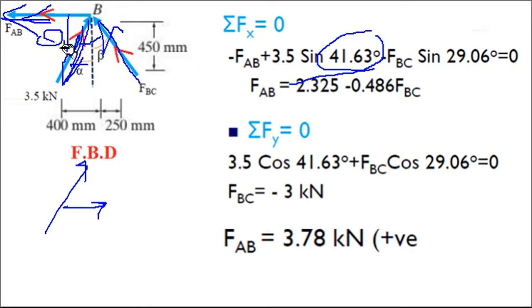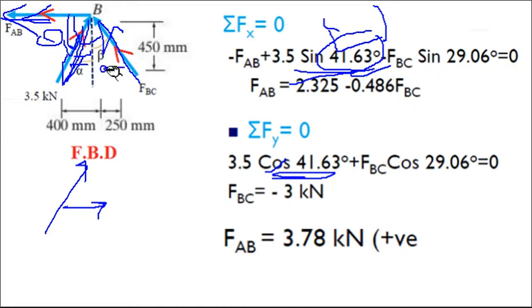ये थीटा मैंने नहीं निकाला है. I have just known theta with the वर्टिकल से, इसलिए मैंने हॉरिजॉन्टल कंपोनेंट साइन लिया है. अगर एंगल वर्टिकल से होगा तो हॉरिजॉन्टल साइन होता है और वर्टिकल कॉस होता है. इसलिए मैंने वर्टिकल एंगल लिया है तो वर्टिकल के लिए कॉस यूज किया है, हॉरिजॉन्टल के लिए साइन यूज किया है. अगर आपको हॉरिजॉन्टल को कॉस ही यूज करना है तो इसको करना होगा cos 90 minus 41.63, means you will get this angle with horizontal.